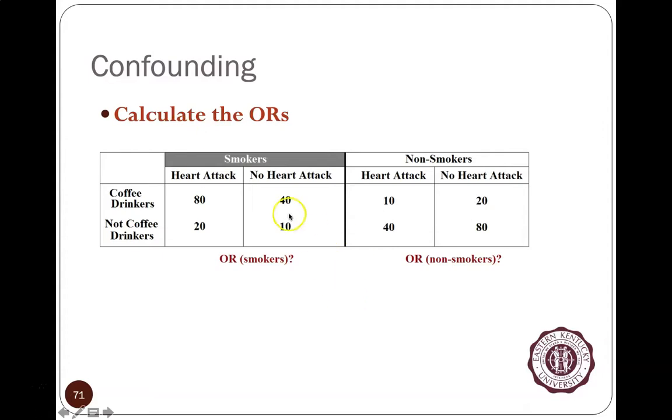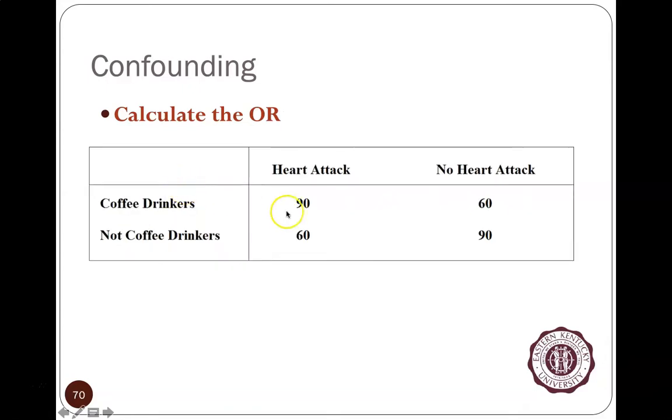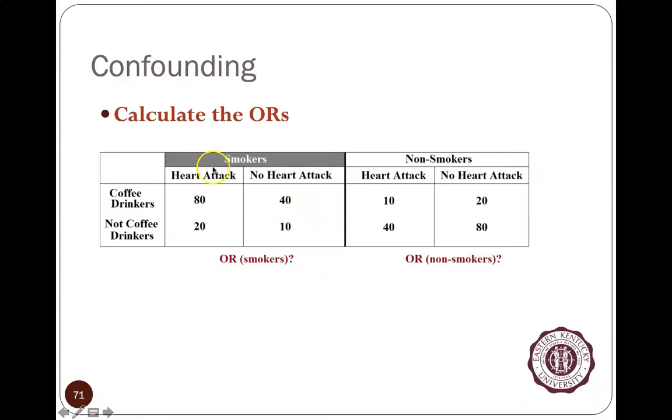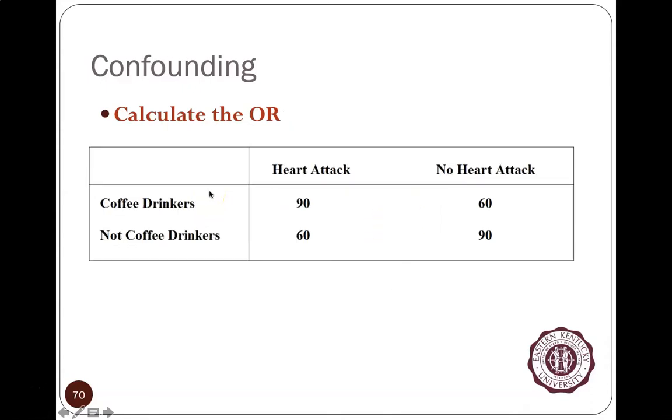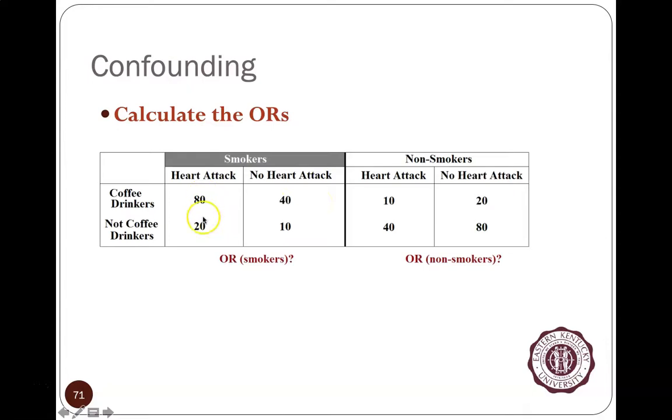So how many people do we have with heart attack over here? This amount here totals to what? Among the heart attack people, heart attacks, 150. Here, we have 100 smokers who had heart attacks. Here, we had 50 non-smokers. The heart attack people add up to 150. It's these people right here, stratified into smokers and non-smokers. And then you've got the non-heart attack people, 50 and 100.